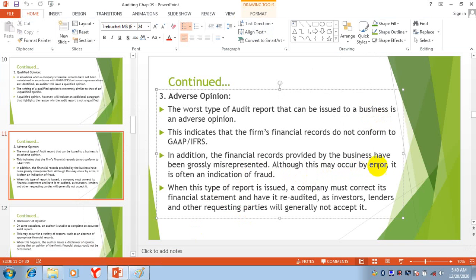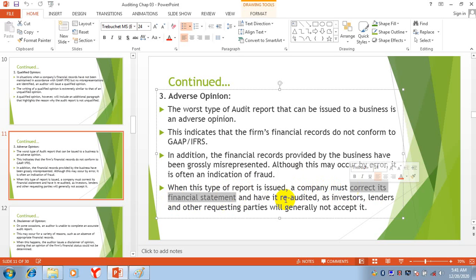Although this may occur by error, maybe there will be errors, there will be mistakes, it is often an indication of fraud, or maybe there is a possibility that there is fraud in the financial statements. When this type of report is issued, a company must correct its financial statements. Now, if adverse opinion is coming, what will the company do?